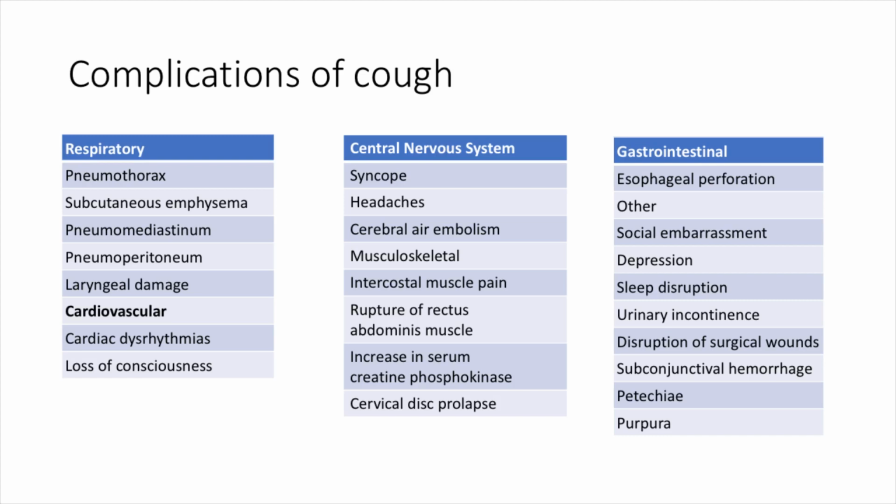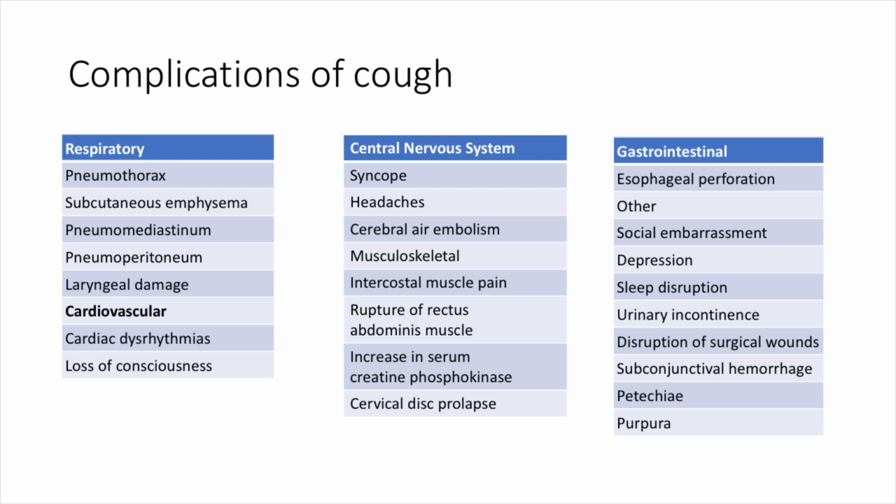Next come the complications of cough. Respiratory complications like pneumothorax, subcutaneous emphysema, pneumomediastinum, pneumoperitoneum, laryngeal damage. Cardiovascular complications, dysrhythmias, and loss of consciousness. Central nervous system complications like syncope, headache,